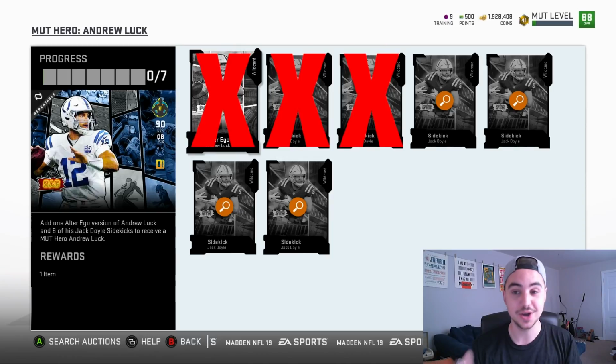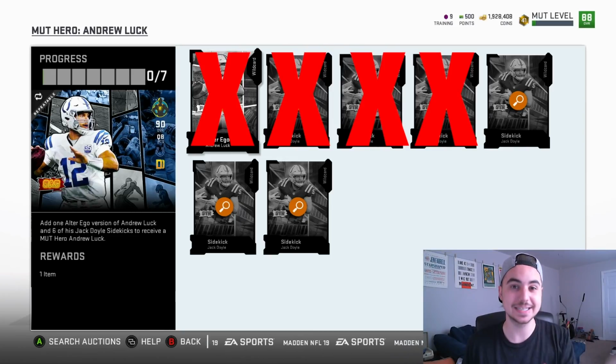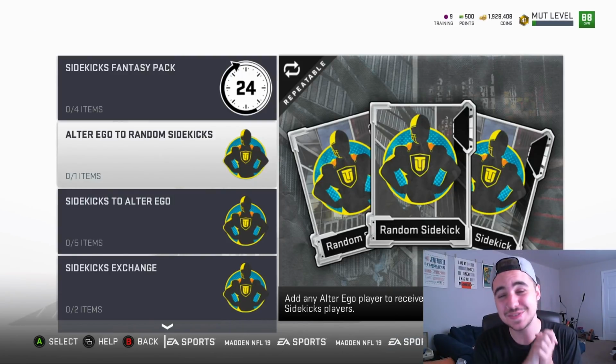Keep moving forward. Another sidekick you get from the 4 daily solos. Like I said, very, very important. The 4 daily solos give you 4 daily collectibles. That gives you a nat sidekick fantasy pack. You choose Jack Doyle. So these last 3 is where it's going to get kind of confusing because you need